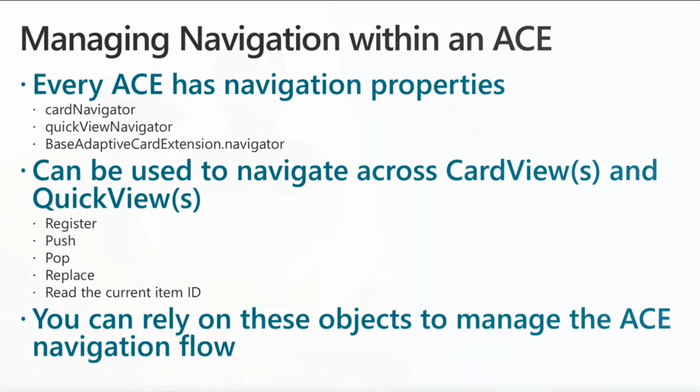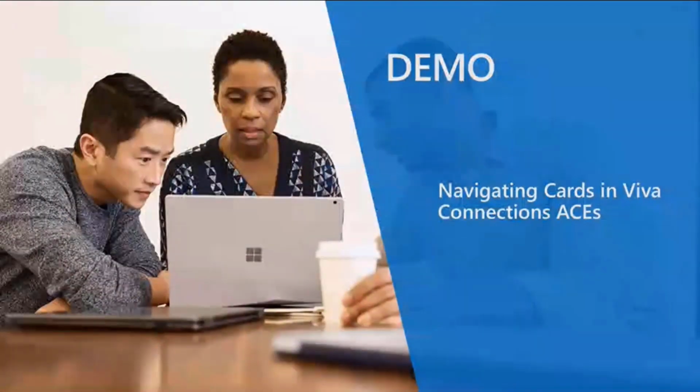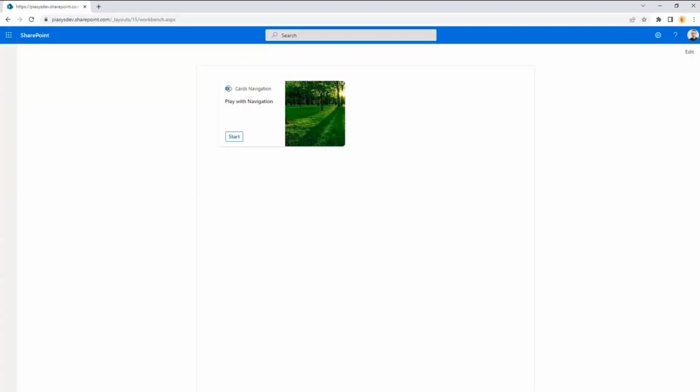So let me quickly move to the demo and let me show you a sample adaptive card that I've built just for the sake of explaining to you how to navigate across cards. So it is not a real solution, but it is just a solution for the sake of explaining how the navigation works. This is a card based on the basic image template. This is a card view, and just to give you an idea of how it works, there is a button. We can start the rendering of a quick view by clicking on the button,